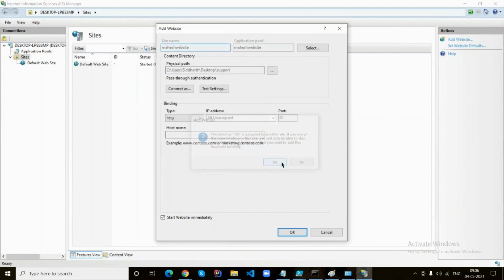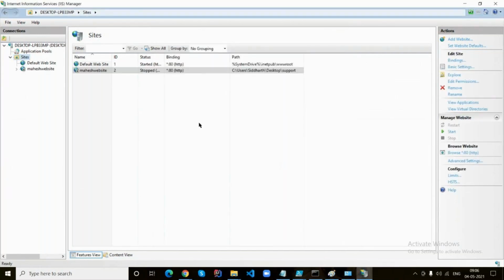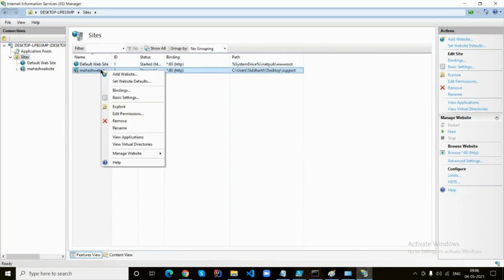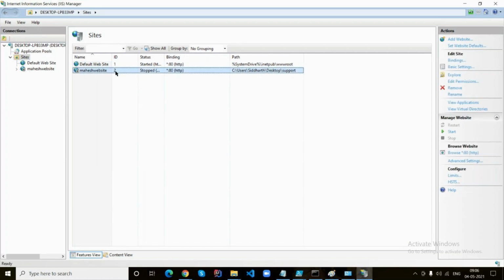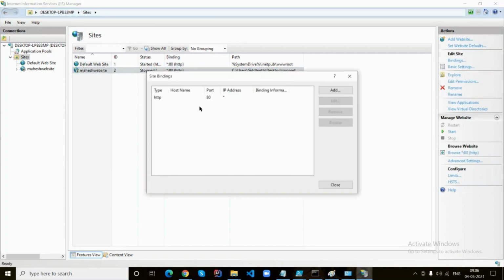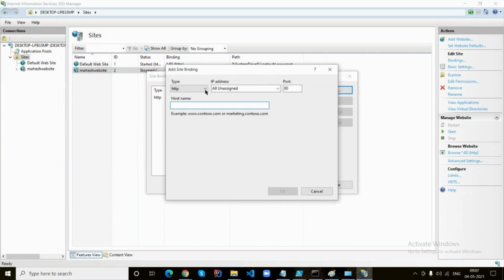Click on S. Okay. Now on the right side, you can click on bindings here. Bindings. Now add. Sorry, don't add. Come back.